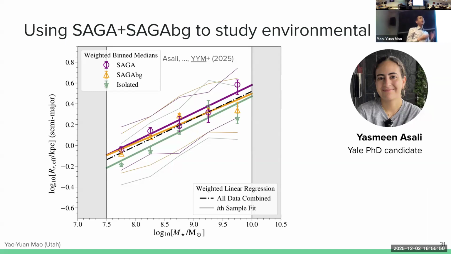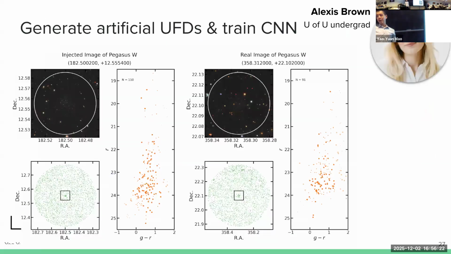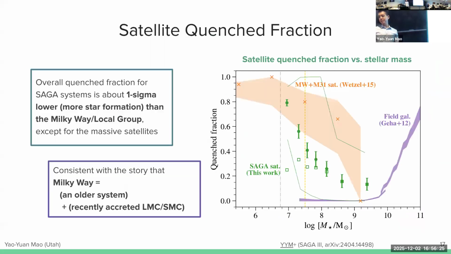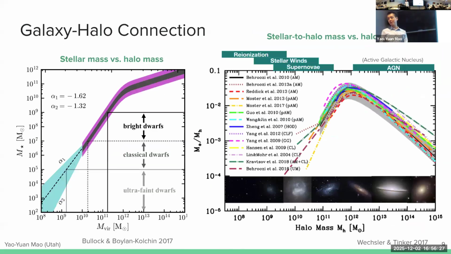The too many satellites problem is a little bit strange. I'm not quite sure. There is some observational evidence. Even in the SAGA survey, we sometimes find one sigma tension with simulation predictions about the number of satellites. I actually think that has something to do with the simulation, not with the observation. I think our understanding of the galaxy-halo connection is not as complete as we thought, especially in the low-mass region. This is going to be too technical, but I think the relationship is not as shallow as,